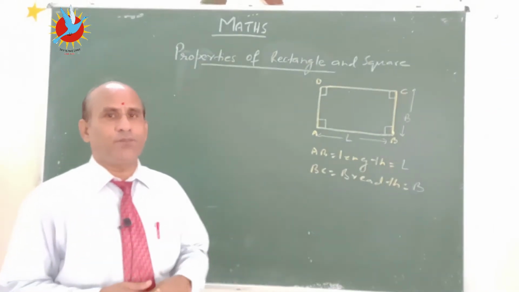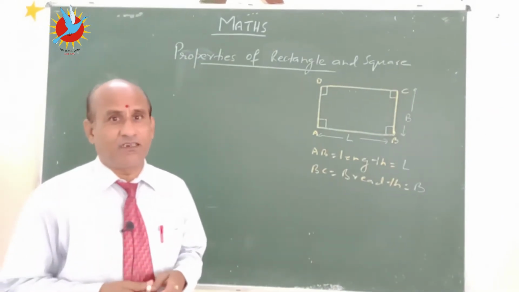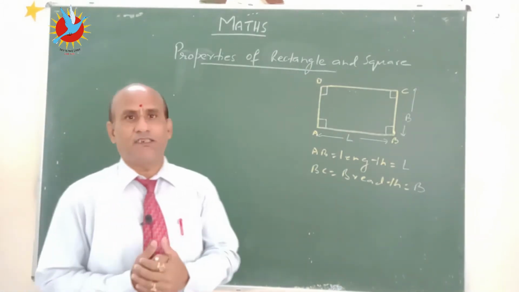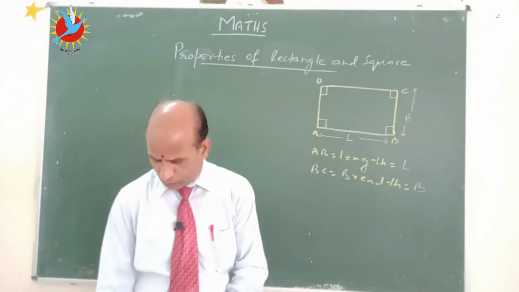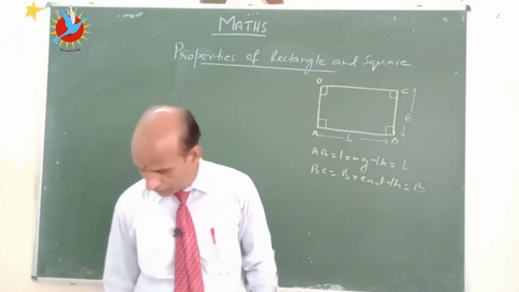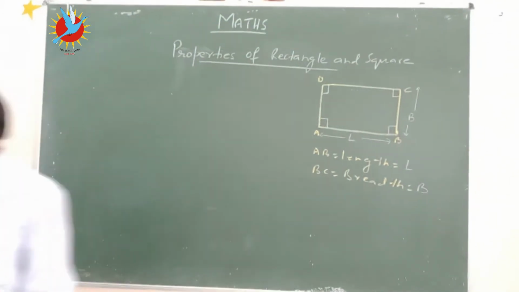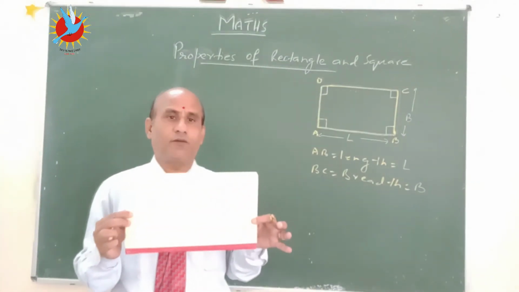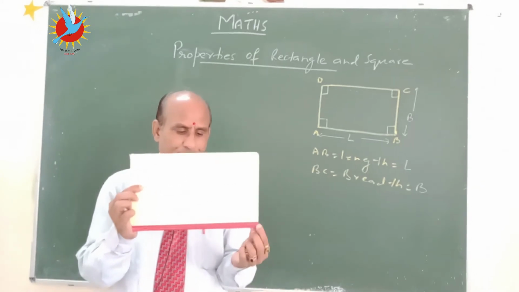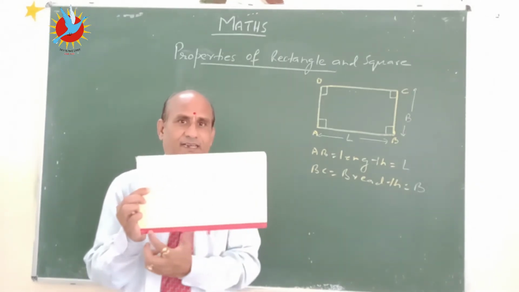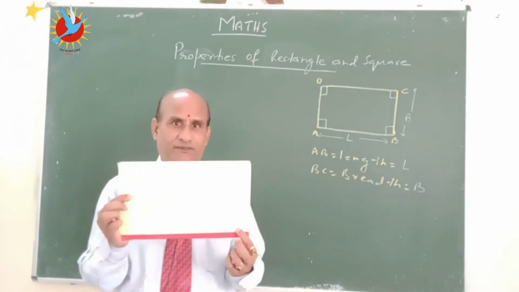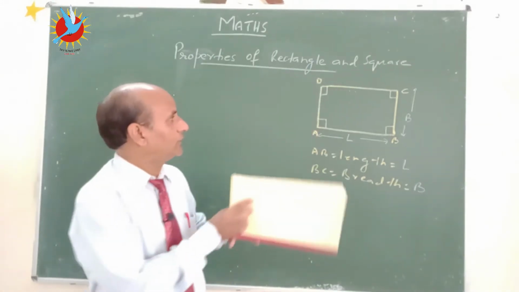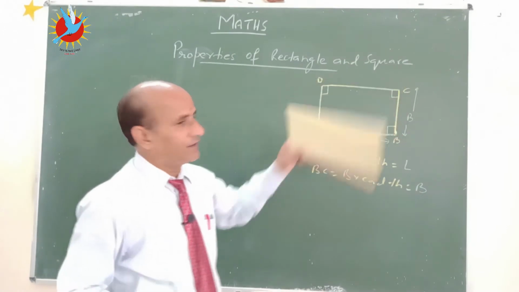First of all, let me tell you what is a rectangle. You have seen this figure. This is a rectangle, but there are so many other figures in your home also which are in the form of rectangle. This copy is also in the form of a rectangle. Now this biggest side, this longest side is the length and this one is the width. So here also, suppose this is a rectangle.